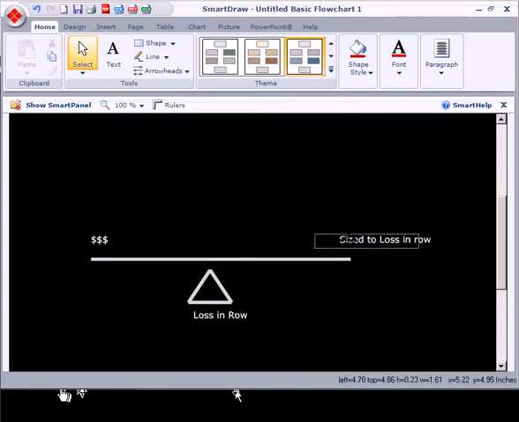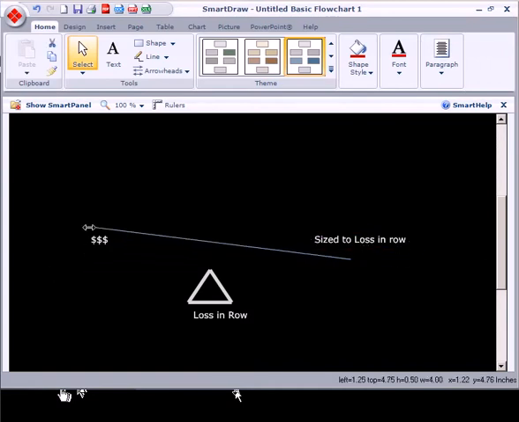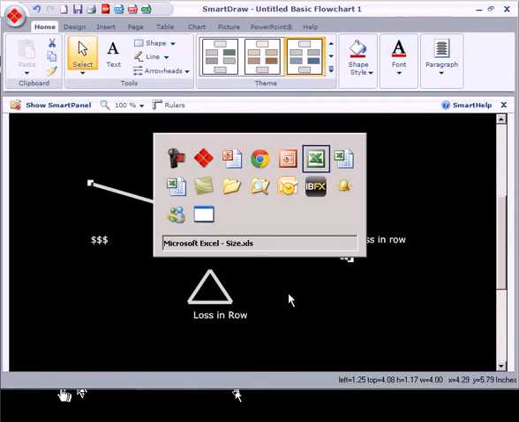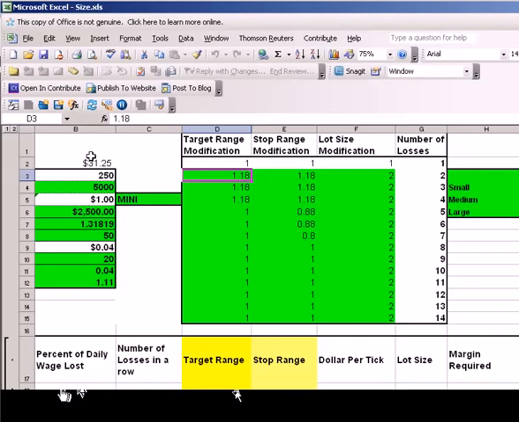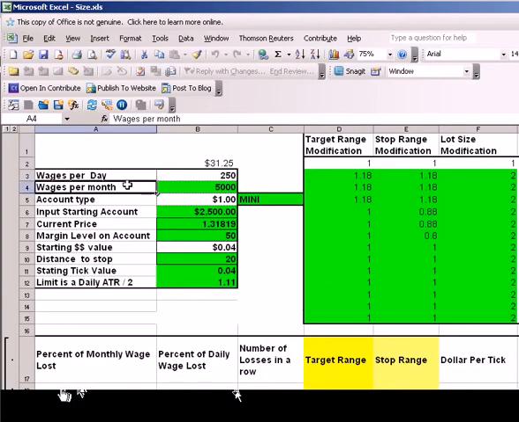So what will happen if I do something like this? I'm going to bring up a spreadsheet developed by a brilliant little technician called Kurt Warner. What Kurt did is said, if you take $5,000, this is how much you make per month, and that comes out to $250 a day or $31 per hour. If you're going to trade, that's your expectation and that's your skill set.